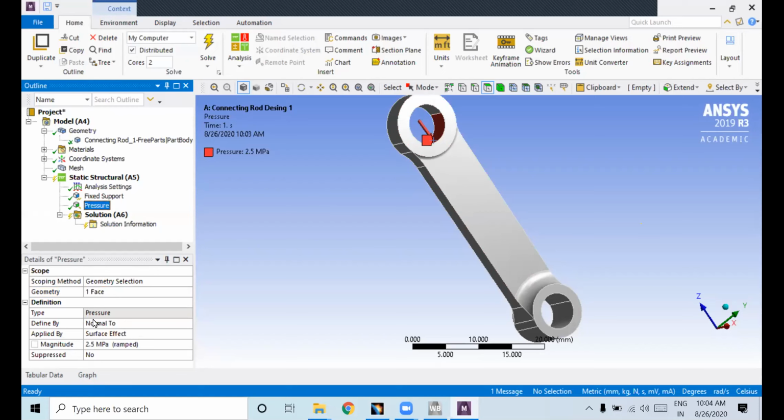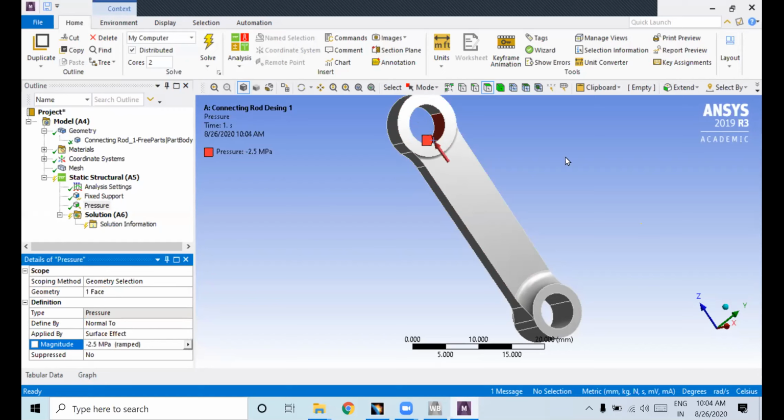Here we have defined by normal to, right? If you want to change this to vector, or else, if it is in normal mode, if you give minus 2.5, see here, it will change the direction. So as of now I want 2.5 in the compression load. See here, all of you are getting, see compression load.